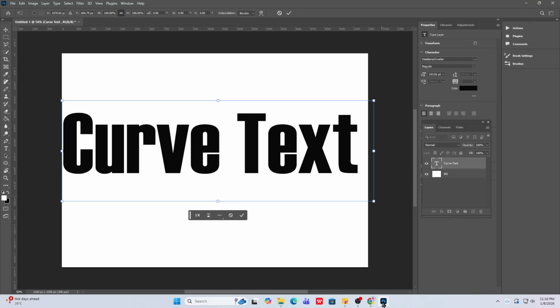In today's video, I'm going to teach you, insert video title here. We're going to curve text in Photoshop in a clean, controlled way using the built-in warp text feature. This is perfect for logos, badges, headers, or any design where you want your words to follow a gentle arc